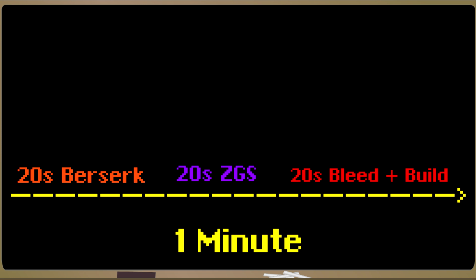However, because Berserk and the Zaros Godsword special both have a duration of 20 seconds and a cooldown of 1 minute, it can be helpful to think about your rotation in 1-minute bricks subdivided into 20-second increments. When breaking the rotation down like this, both your 20-second Berserk rotation and your 20-second Zaros Godsword special rotation are going to be roughly identical,